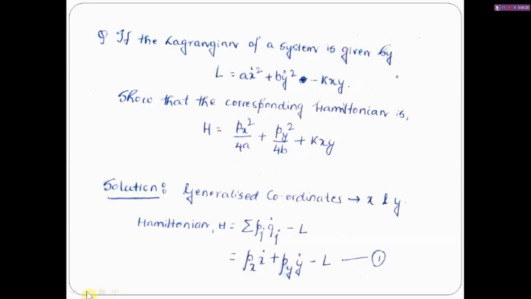If the Lagrangian of a system is given, so what you have here is basically a Lagrangian of a system which is already mentioned. In general, we know that Lagrangian is nothing but kinetic energy minus potential energy. So you can have a relation between the different generalized coordinates and write down an equation on that.